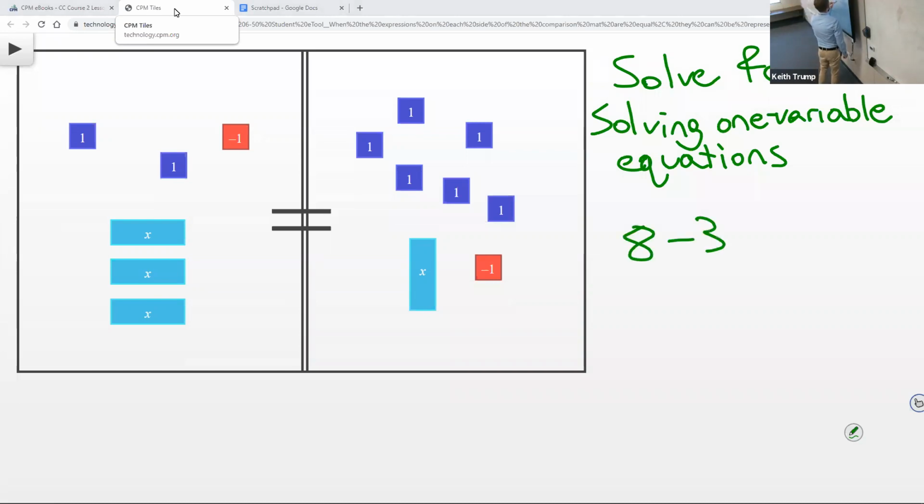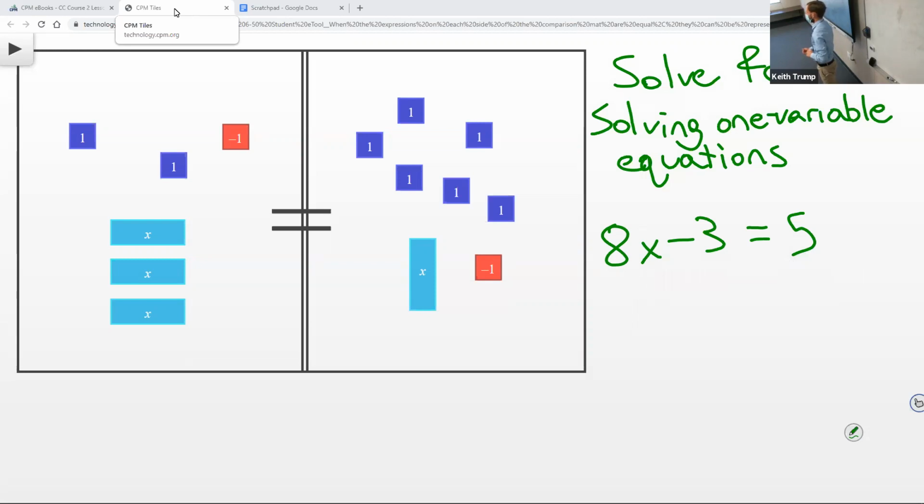8 minus 3 equals 5. There's an equal sign, and there are things on either side of the equal sign. Those two sides equal each other. Now, one variable equations are when there is a letter, usually the letter x, and that x stands for a mystery number. We don't know what x equals at this point, but we can use some rules and tricks to figure out